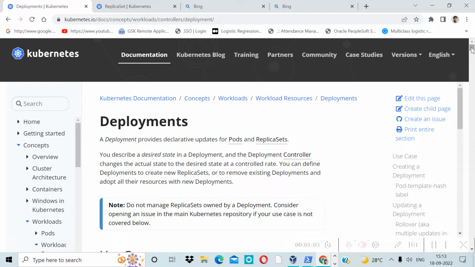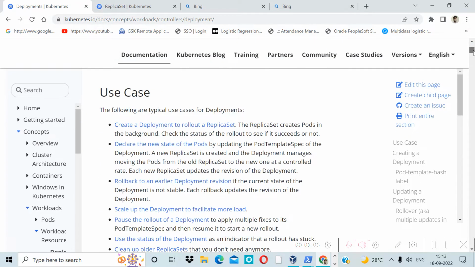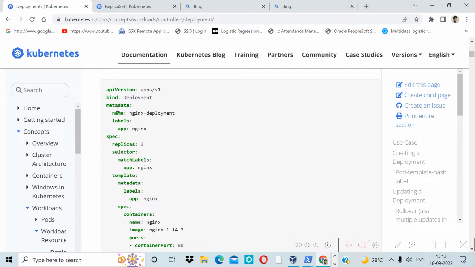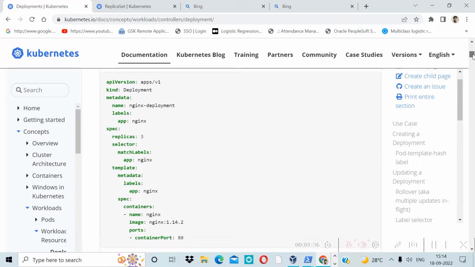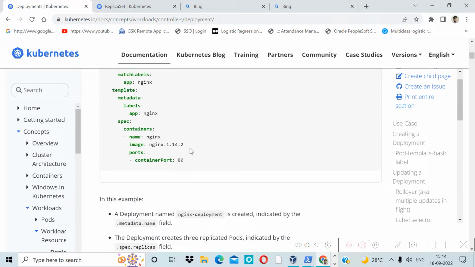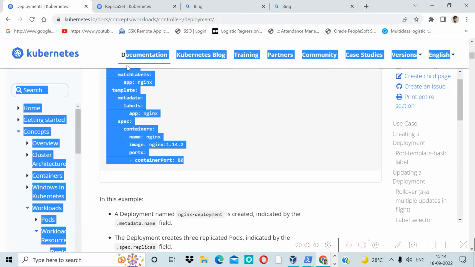Also let me open my YAML file to create a deployment. First of all, Kubernetes has given a sample YAML file. This is the sample YAML file for kind deployment, and this is the deployment name, and we have replicas. So this is the replica set. We will require, let's say, three pods. So here we can give the pods as per our requirements, and in the spec containers, at the bottom, we have, let's say, the image name nginx 1.14.2. So let me copy the same,